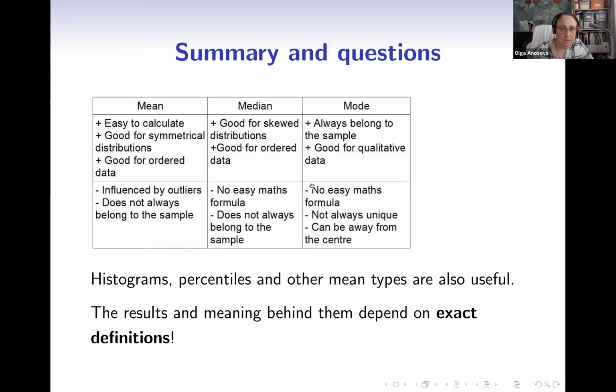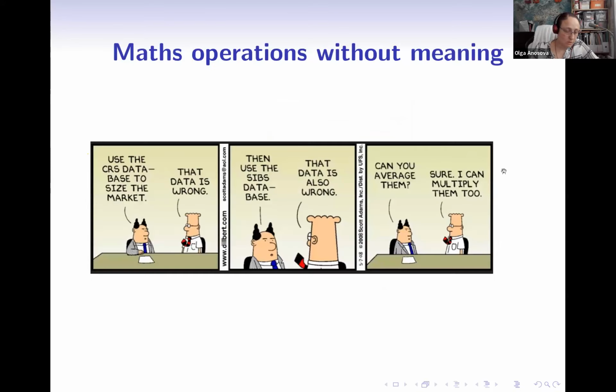Okay, I will skip the next problem. So just a summary. We have several descriptors and all of them are useful, including histograms, standard deviations, Bessel's correction, and other types, but the results of everything depend on exact definitions. And that's what we'll devote our next lecture to. The next lecture will be devoted to the exact definition of probability and Kolmogorov axioms that allow us to give those. For today, I think that's all. And that's just a small cartoon to, again, envisage the importance of the meaning of numbers behind everything.